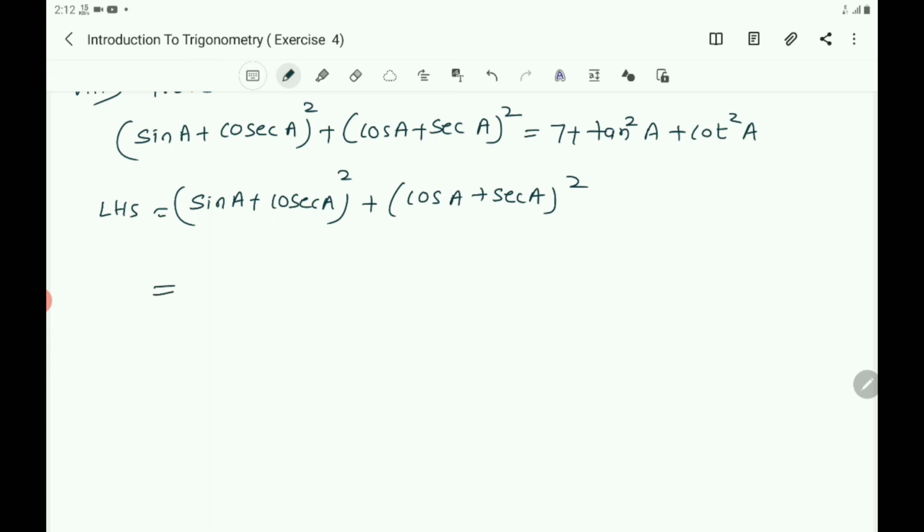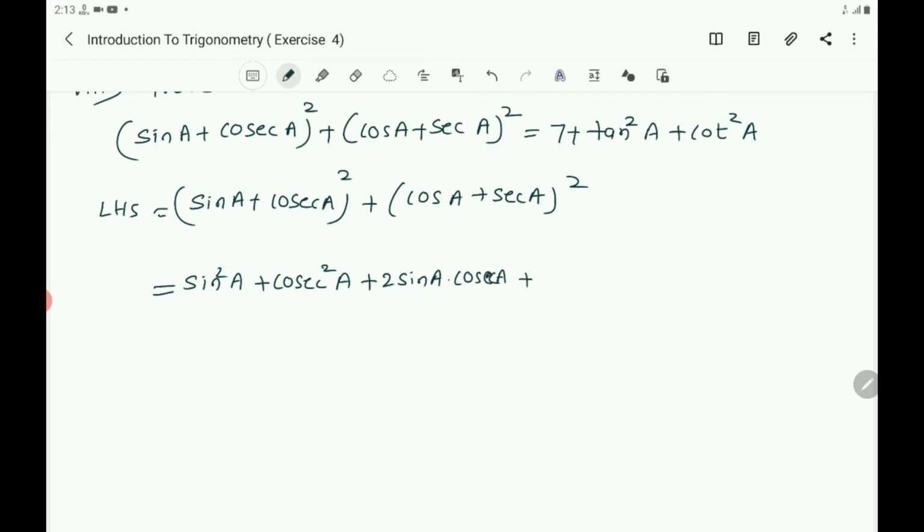Here we have to use the identity x plus y the whole square equals x square plus y square plus 2xy. So expand it, sin square A plus cosec square A plus 2 sin A into cosec A